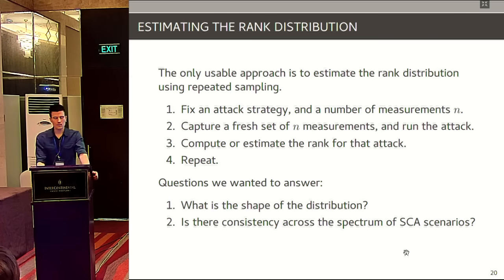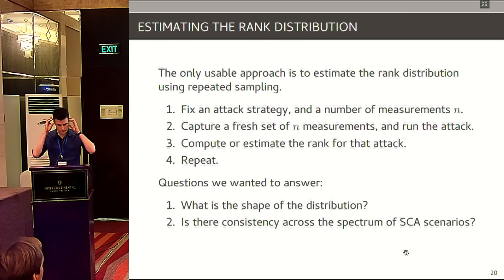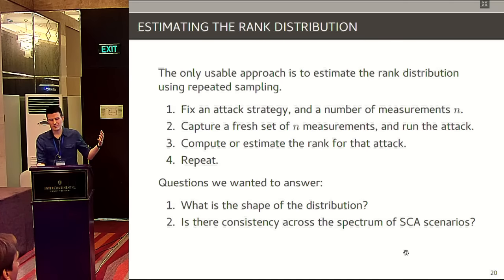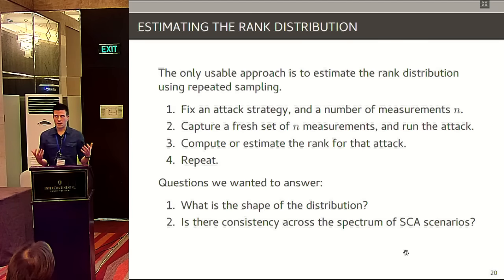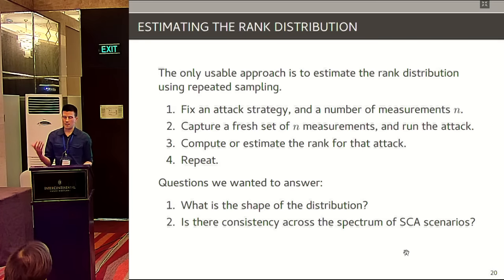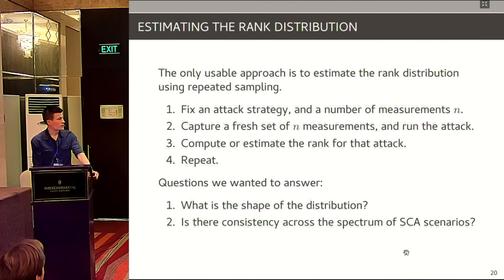Okay, so if no analytical approach is available, this essentially collapses to a pure statistics problem. The only option you have left is to estimate the distribution via repeated sampling. So what this means in practice is you have to fix your strategy, fix the number of measurements, gather a fresh set of measurements each time, run the attack, and estimate the rank. And so the questions we wanted to answer were, what does the distribution of the rank actually look like? And secondly,